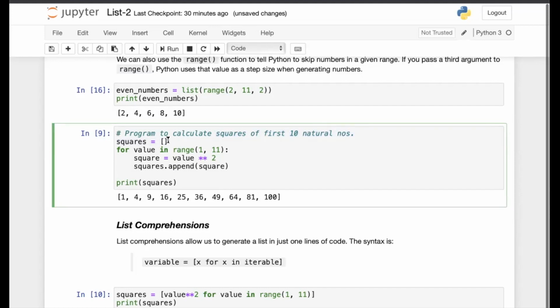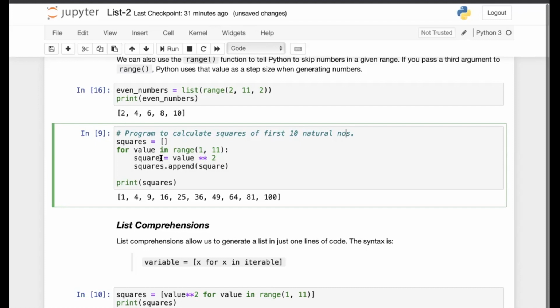So the loop would be over the elements 1 up to 10. So for value in range(1, 11); I would not be considering 11, because I have to go till 10. Then the colon signifies the start of the body of the for loop.